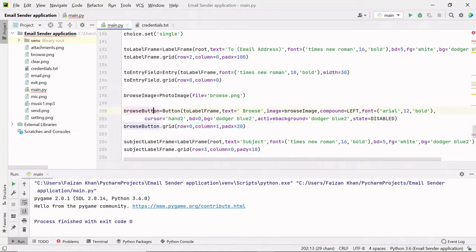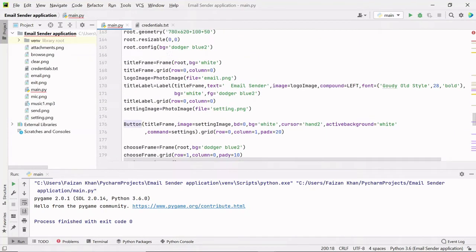So I have created an object of this button so that I can use the methods of this button class, which will help us disable or enable the state of this button. So I'll go back.